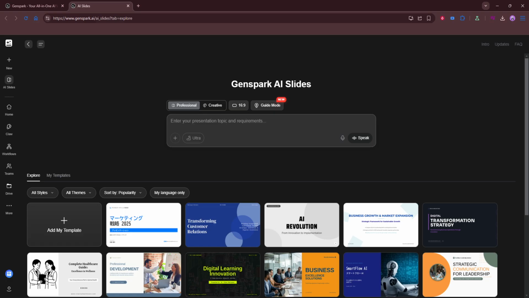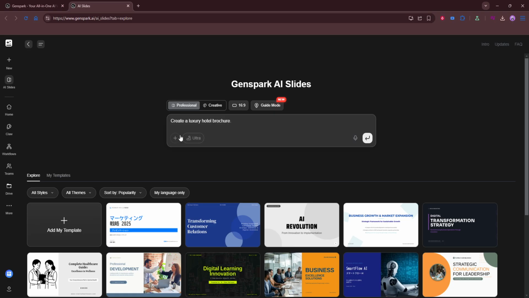The more context you give, the better the results. Include things like your audience, the tone you want, and any key points that must be covered. For example, you might specify that you need an executive overview with 3 main sections and a clear call to action. If you have notes or a draft, paste those in so the AI can anchor your slides to accurate